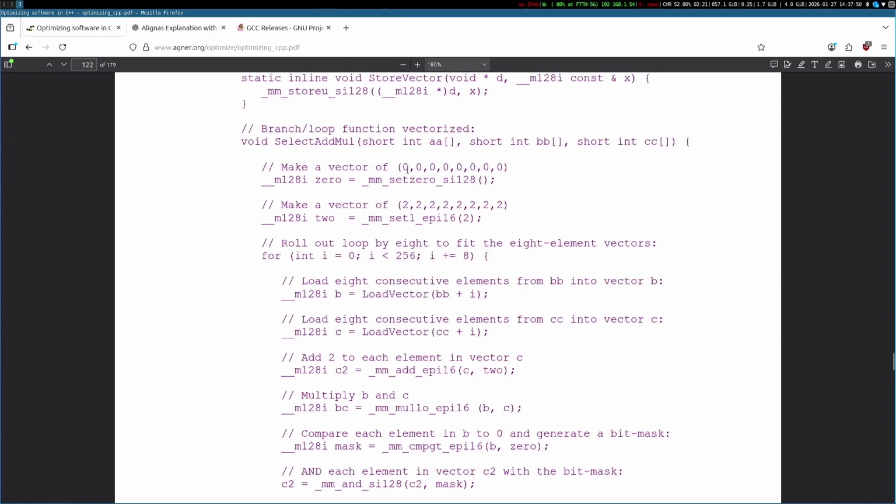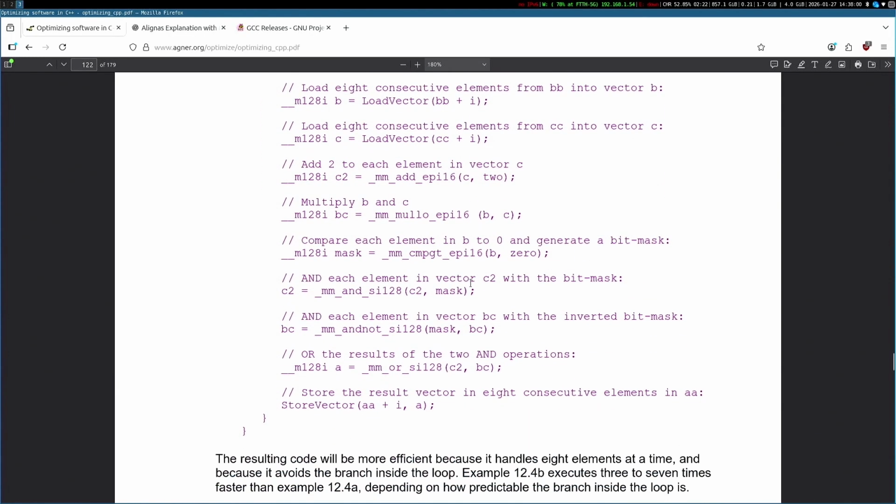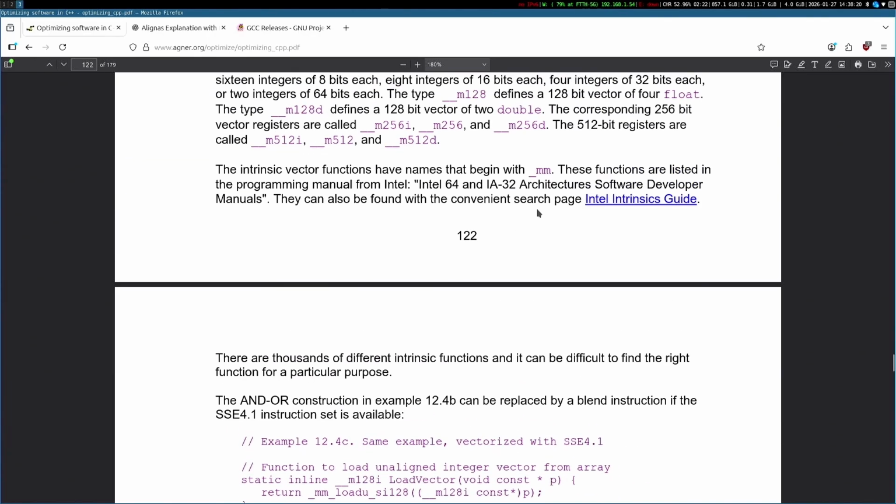Make a vector of this, make a vector of this, roll out the loop by 8 to fit the 8 elements into the vector. The code looks horrible to be honest, I mean, just by looking at the aesthetics of it. The resulting code will be more efficient because it handles this. The type defines a 128-bit vector containing 8 integers. The corresponding vector registers are called,